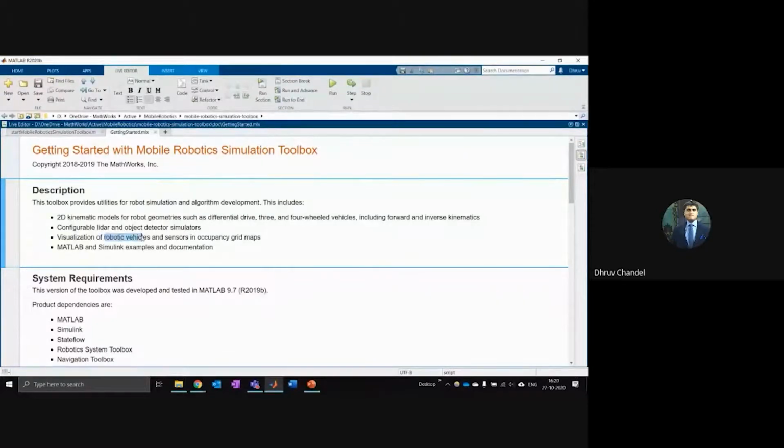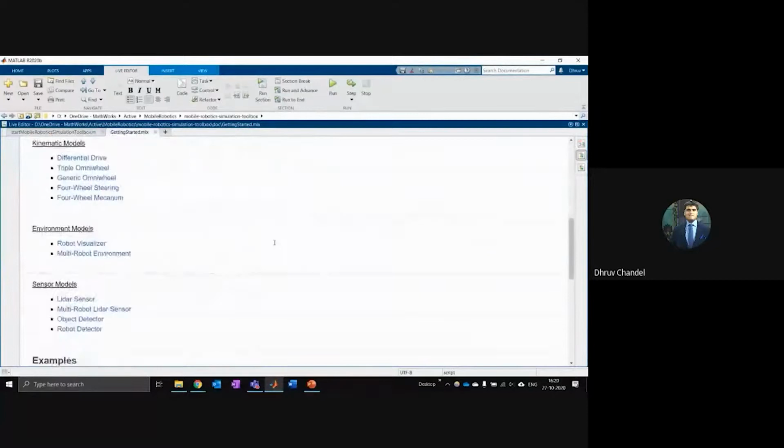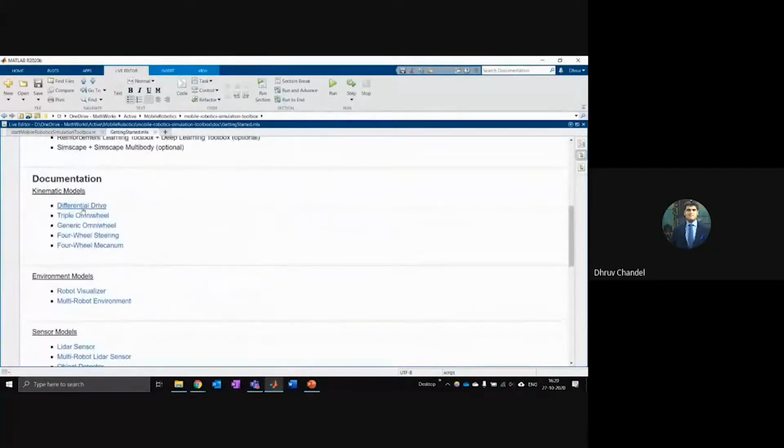You can visualize your robot vehicles and the sensors inside some grid maps. A map is like a place you're driving around in. All of these examples are provided inside this toolbox link that we just sent. Let me open up the first example, which is differential drive.